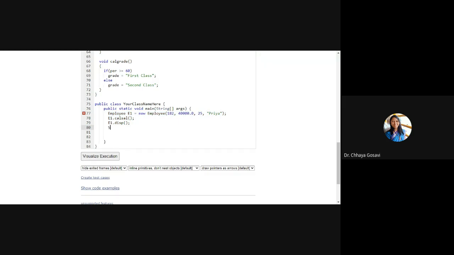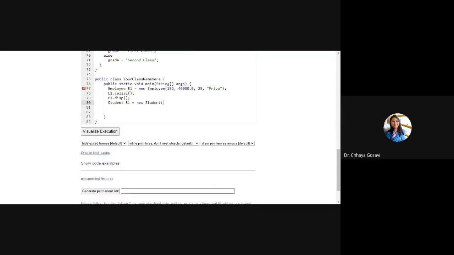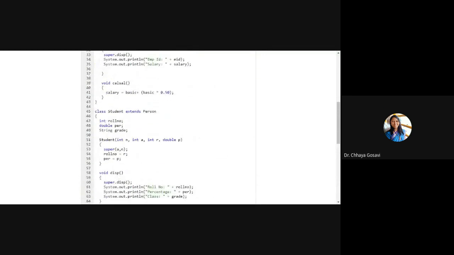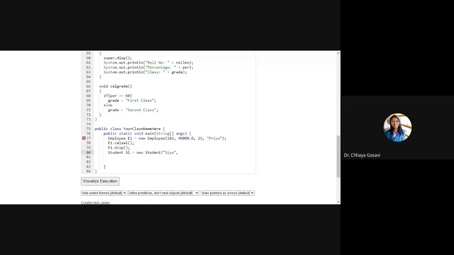So instead of employee here, okay, employee is there. We can create an object of the student class. Student S1 is equal to new student. What is the sequence here? I have to pass name, age, then roll number and percentage. Name is say Sia, string name. Age, say 19.